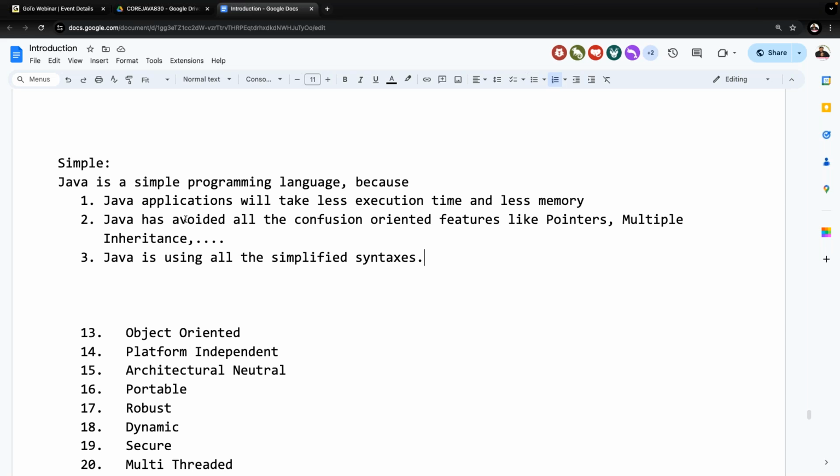Go to the C provider, listen to what they are saying about how their programming language is simple, and fix it. Go to the C++ provider, listen to what they are saying about their programming language being simple, and fix it. Go to the Java provider, listen to what Java provider has given information about being simple, now try to fix it. Definitely, the reasons the C provider has given about simple, the reasons the C++ provider has given,